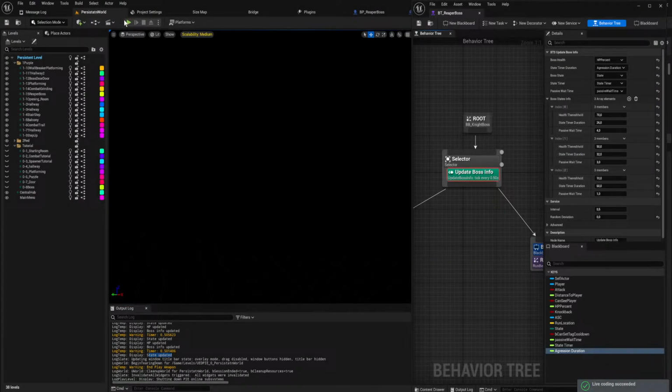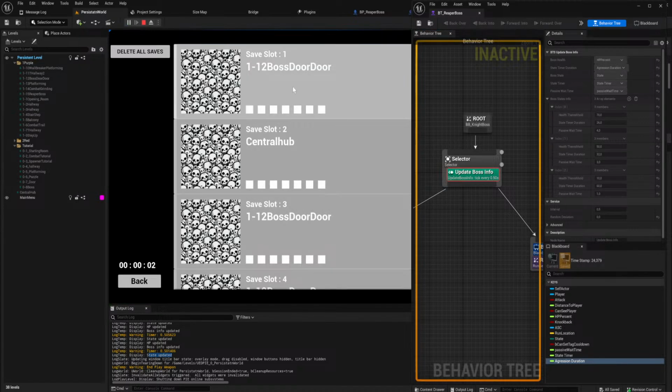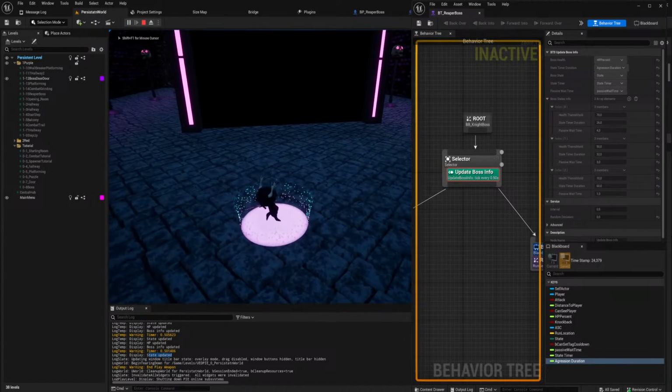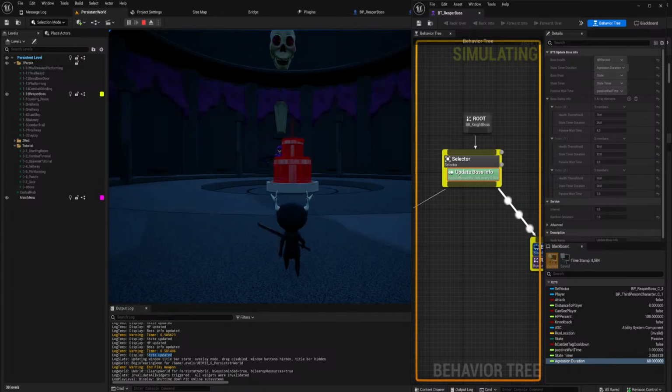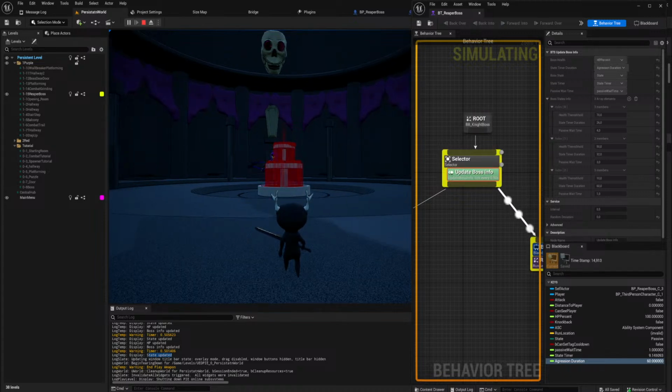I am like this close to just hard coding the entire thing and not doing it in C++ or in Blueprint and not using behavior trees, because this is starting to get on my nerve. Yeah. Oh, it does both. It does both now. Okay, sure, it's fixed. Why is it fixed? I don't know. It's just fixed.